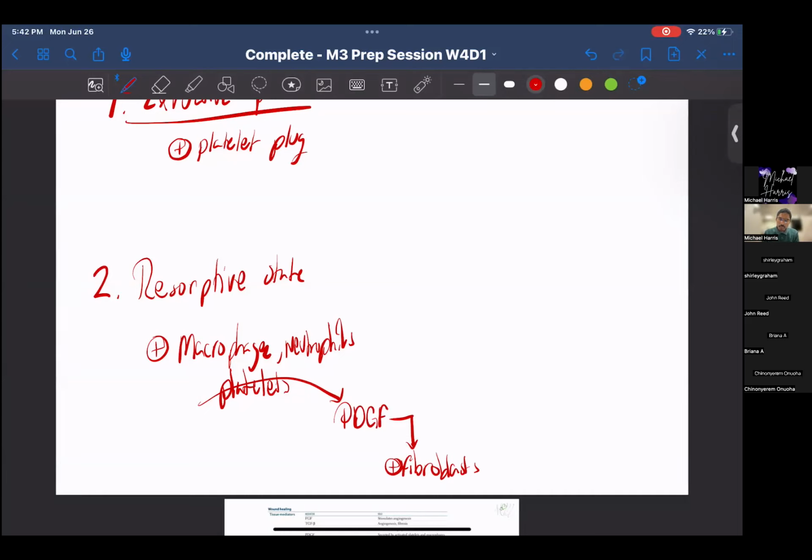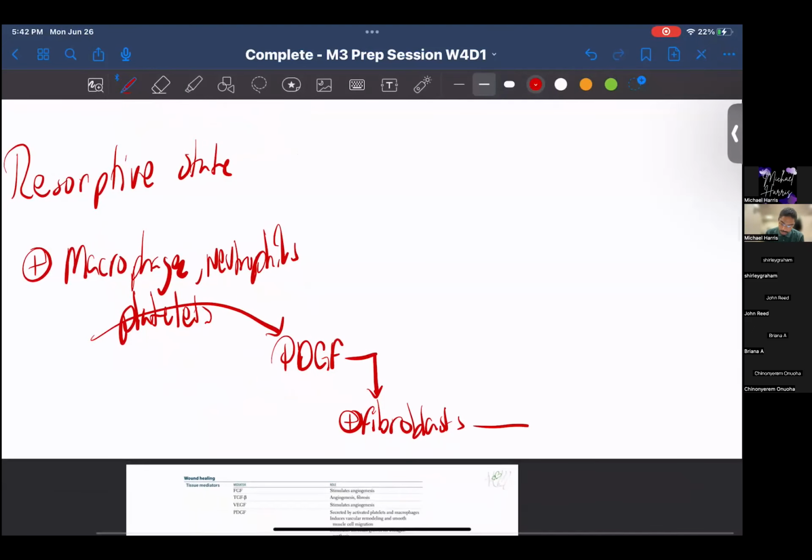What do they do? What do fibroblasts do? They release collagen. They pump out collagen, right? That's what their function is. They pump out collagen. So since they're pumping out collagen, it allows that to then start to reform the dermis